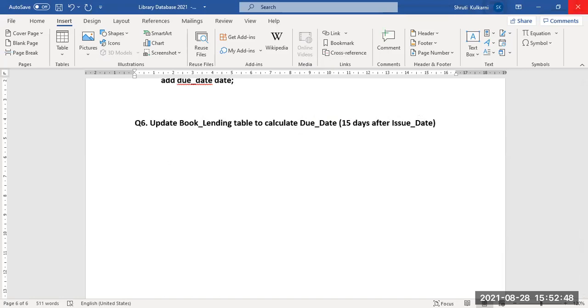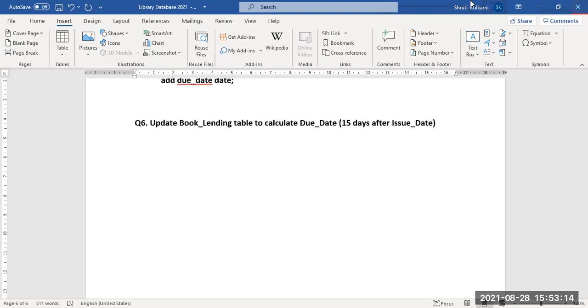Now she has to return her textbook or whatever book or magazine she has taken. But we didn't add a column or field for the due date when she has to return. So now we have to add that here. To add that, what we have to use is the update command. You have three ways to update here.